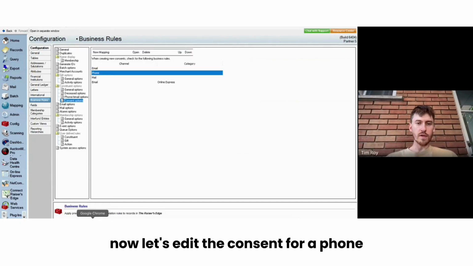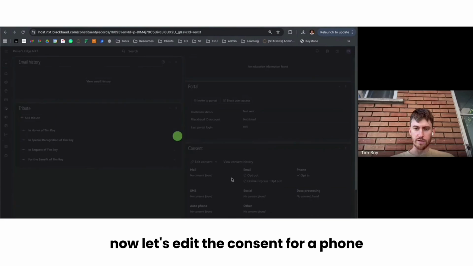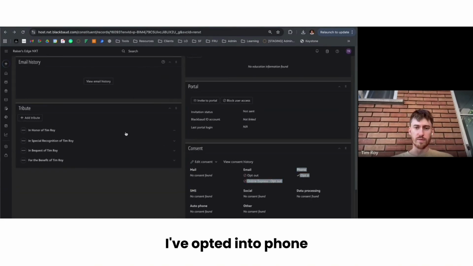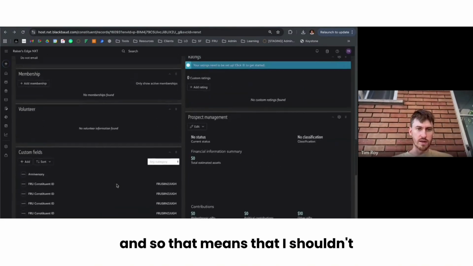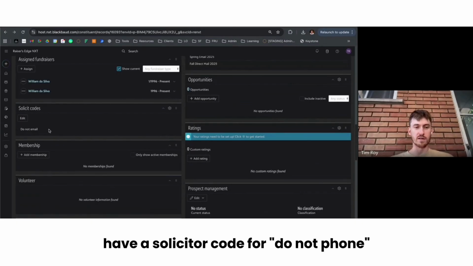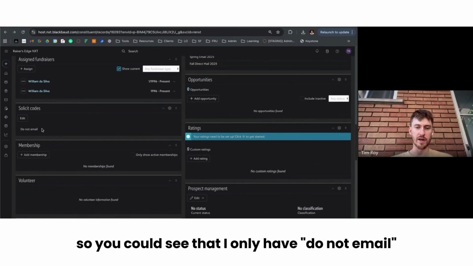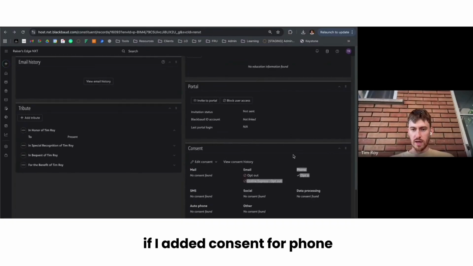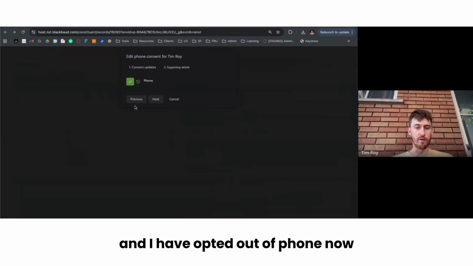Now let's edit the consent for phone. I've opted into phone, and so that means that I shouldn't have a solicit code for do not phone. So you can see that I only have do not email. So now if I edit consent for phone and I have opted out of phone now,